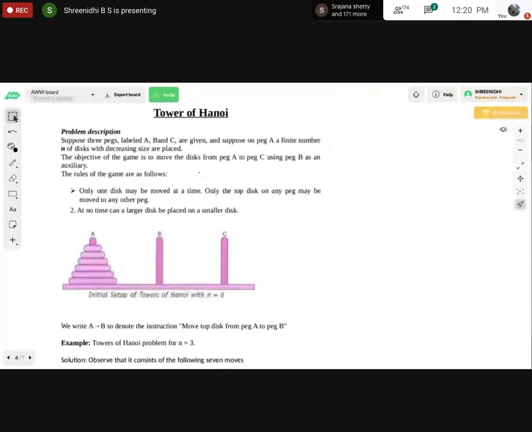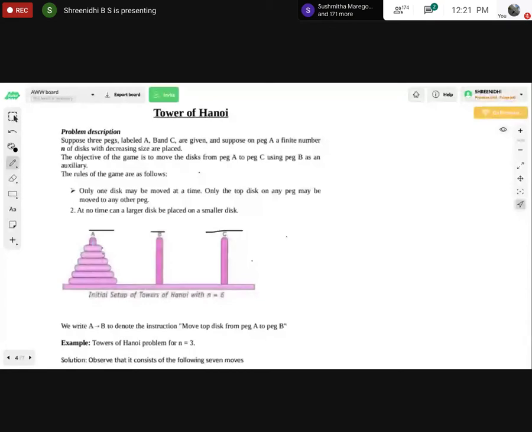We'll be having 3 pegs. I think everyone can see the screen. This is a very, very important topic. Please everyone listen here. In the Tower of Hanoi, I'll have three towers, let's call them A, B, and C. Next, I'll have discs. These are the discs: 1, 2, 3, 4, 5, 6. This is the initial setup of your Tower of Hanoi.